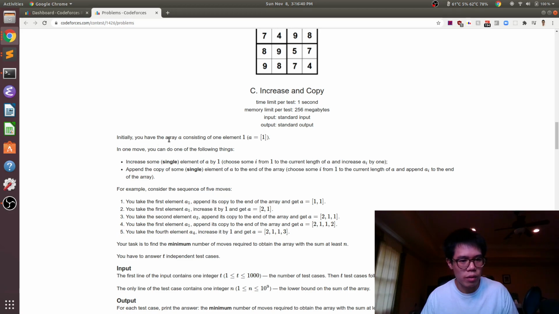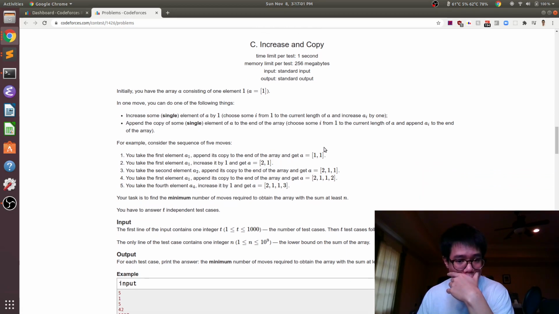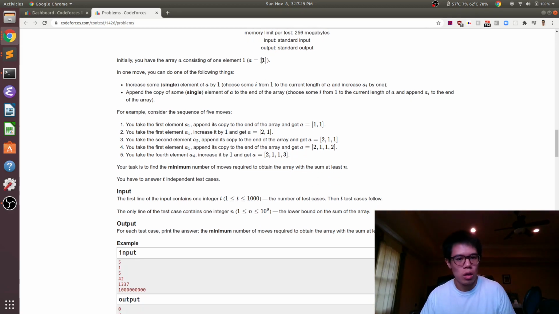Okay, so initially we have an array. In this problem, we start with an array that just has one element, which is a 1.